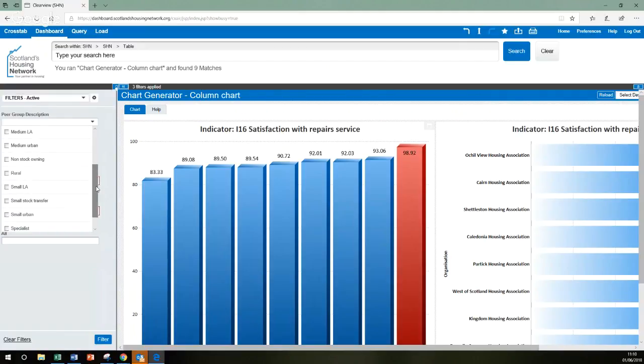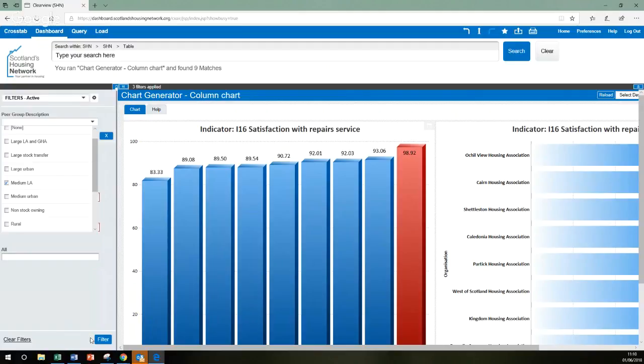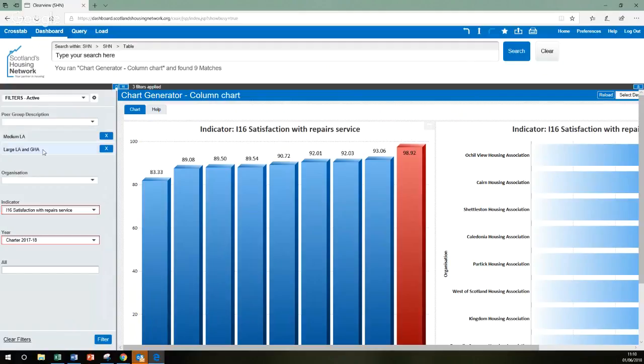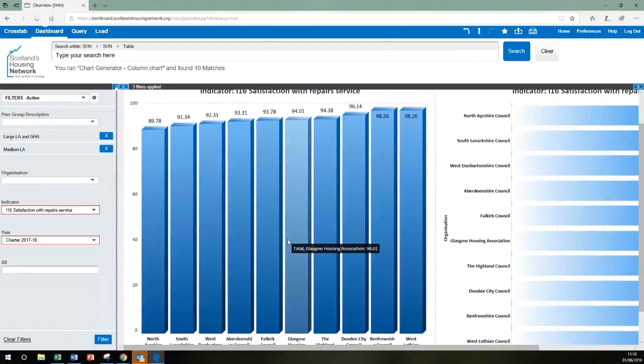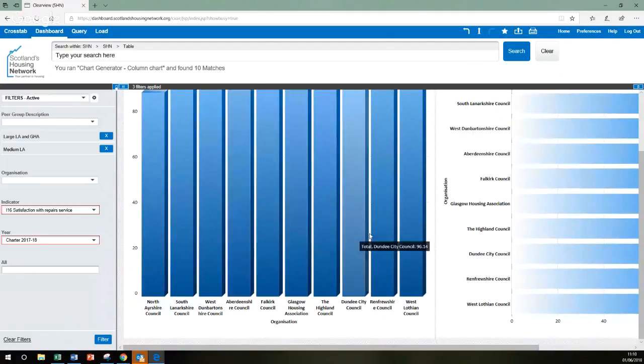So you can select one or more of these to create a different peer group. If I was to go to medium local authorities and maybe also add in large LA and GHA to see the two at the one time, I can select both of those. We'll see they're now under the drop-down menu, and if I click filter,